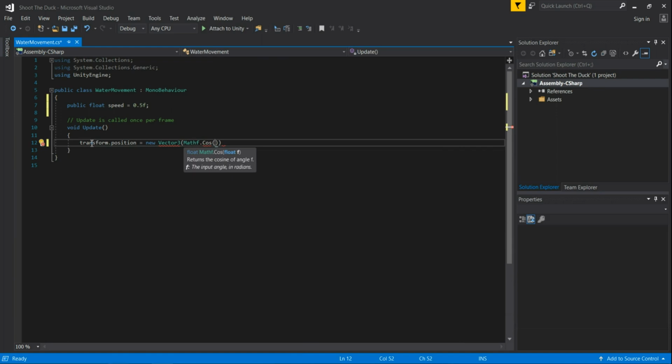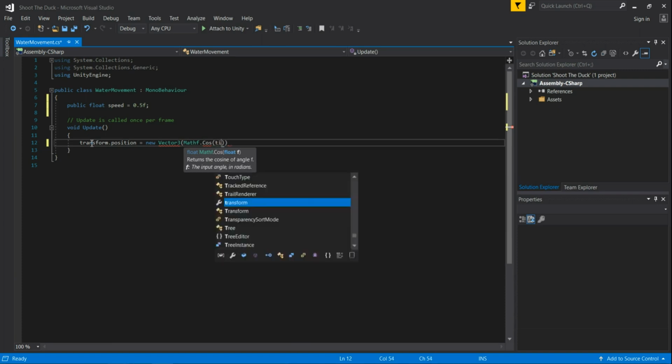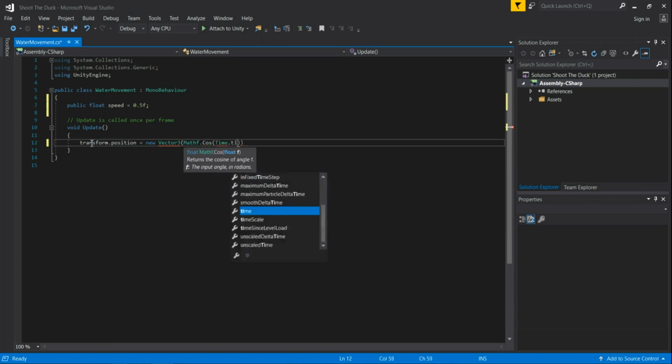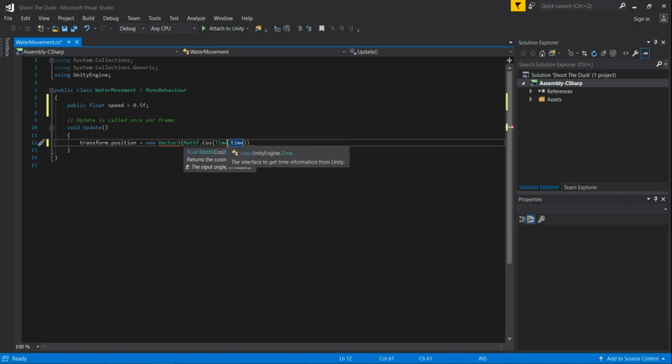So we see that this returns the cosine of angle f that we need to pass here into the parentheses. Then we need to pass here Time.time, which is the real time. When we point with our mouse here, it is the interface to get time information from Unity, and this time is the time at the beginning of this frame. This is the time in seconds since the start of the game. So this is the real time since we start the game. So this is going to be for the x